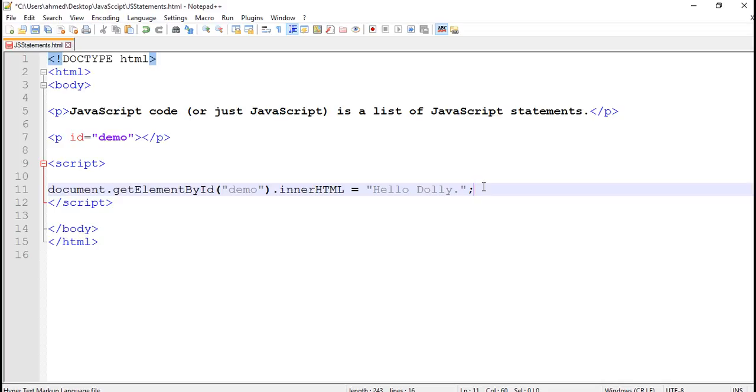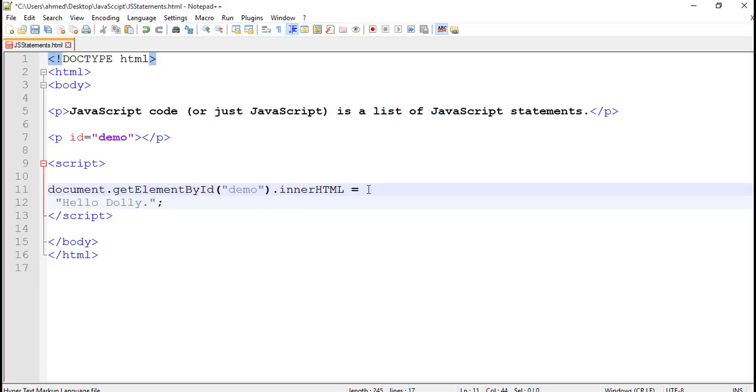If a JavaScript statement does not fit on one line, the best place to break it is after an operator. If this line is increasing the editor length, what should I do? I will just break it after the operator. So just keep in mind, if your statement is increasing your editor length, you want to break it after the operator.